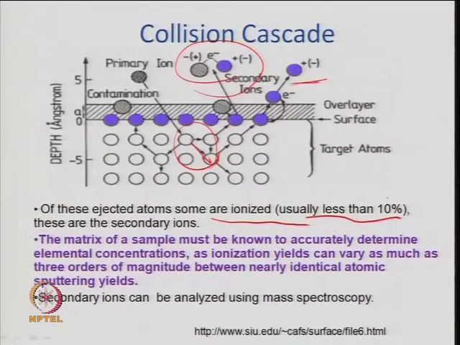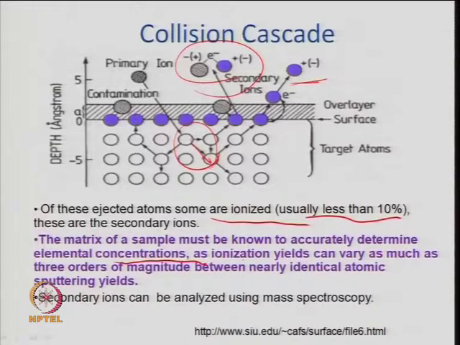The matrix of the sample must be known to accurately determine elemental concentration. So, you should know some prior information about the metal, because based on your preparation you know what metal has been taken and what salts have been taken for the preparation of the catalyst. It is a kind of dictionary from which you have to shortlist the component, just like you do in GCMS, gas chromatography mass spectrometry, or any other chromatography. So, you should have some prior information about the sample, because once you know that, you can get an idea about the elemental concentration,